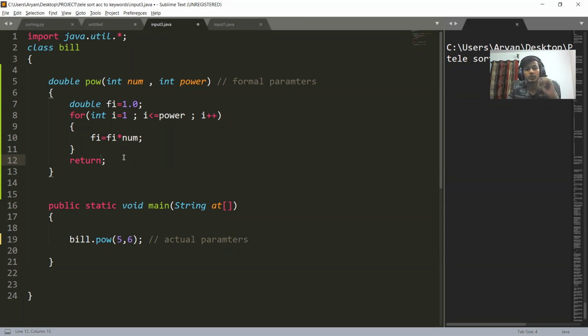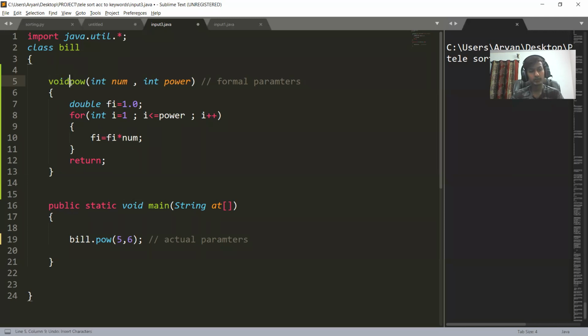जब function कुछ return नहीं करता है, तब function क्या return करेगा? Void. So the return type of a function that does not return anything is known as void. Void in a function tells us that a function has no return type. If a function has a return type, then you have to specify the return type here.